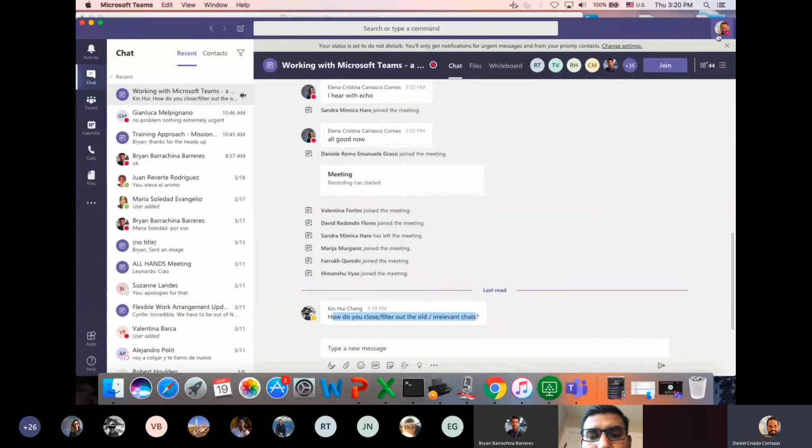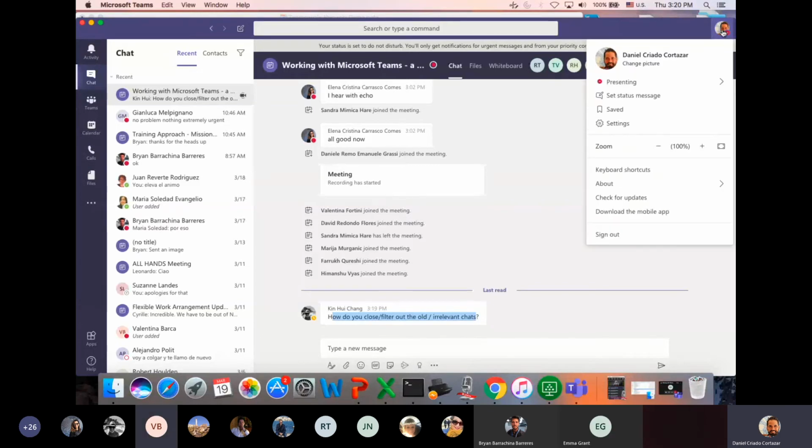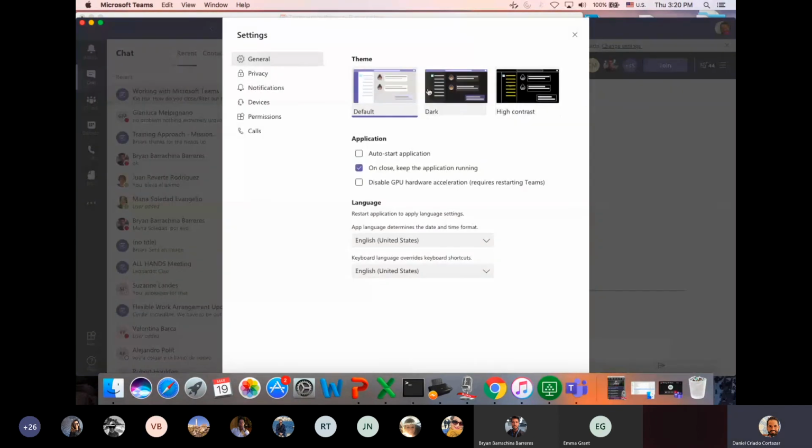But I invite you to go to your own profile. You see, this is my profile in Teams or Outlook. If I click there, and then I go to settings, there are plenty of things that you can customize based on your own needs. Like the theme, for example, you can use dark or high contrast in terms of image, the language. But if we go to notifications,